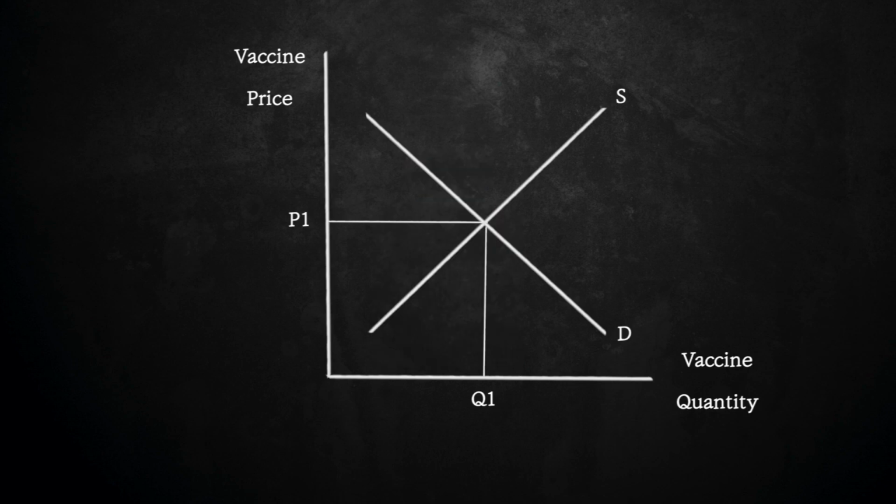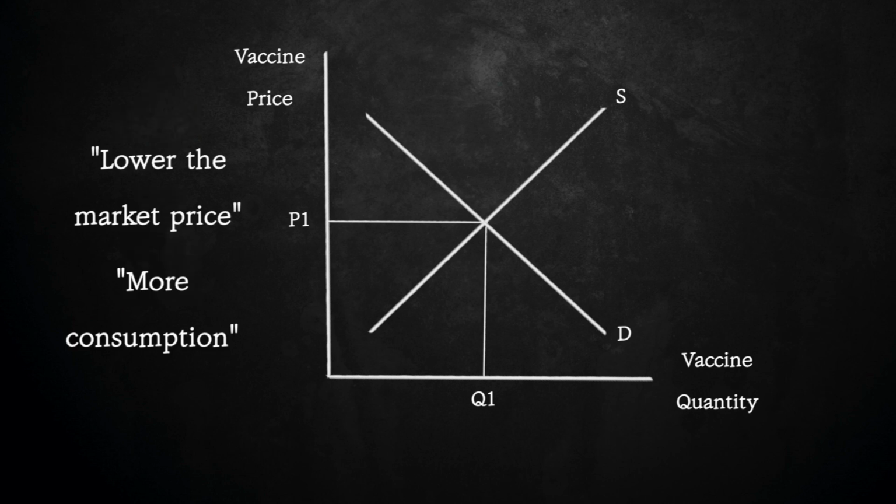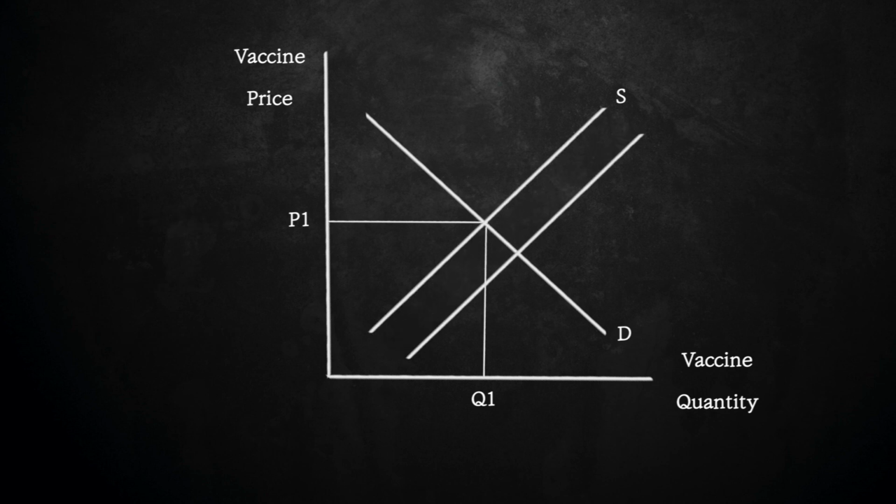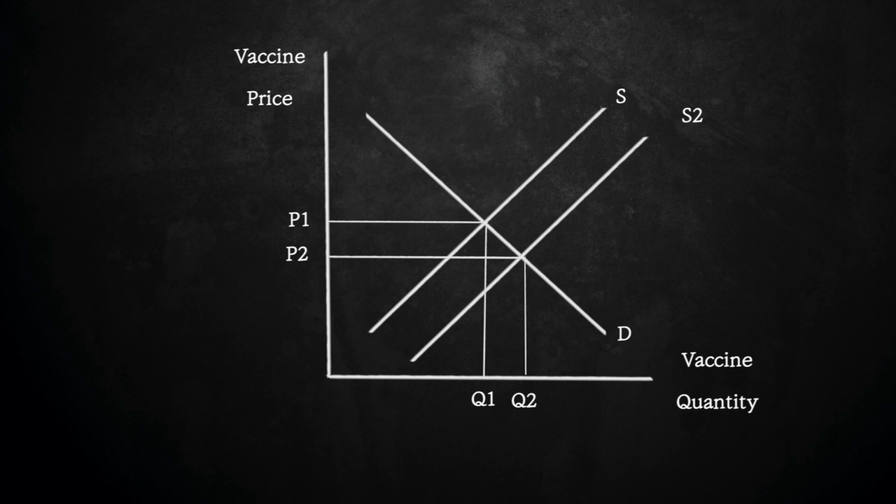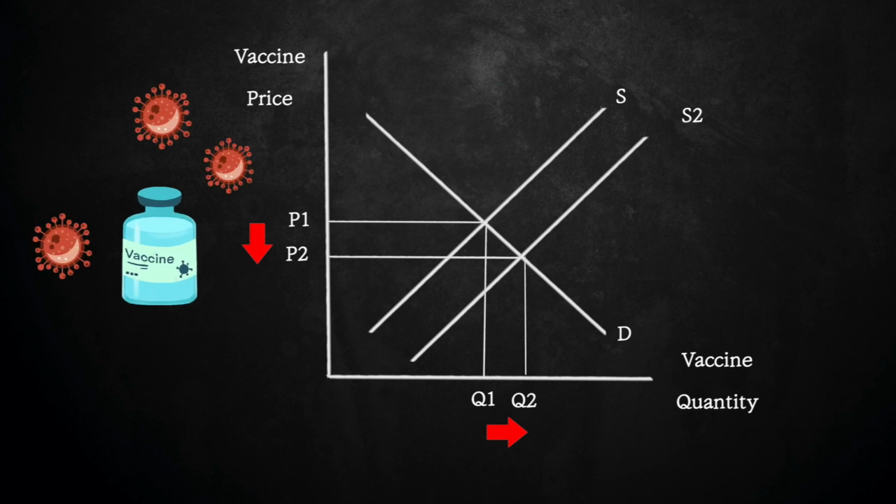Before the subsidy, the vaccine market was producing at Q1 at a price of P1, where supply and demand intersect. The government obviously realizes that vaccines are positive to society, which is why they would think that they should lower the market price in order to let more people have access to them. So how would they do that? They would provide subsidies to the vaccine producers so they can produce vaccines with lower costs and in turn decrease the market price. By allowing more access to vaccines with lower costs, the government's aim would be to minimize the